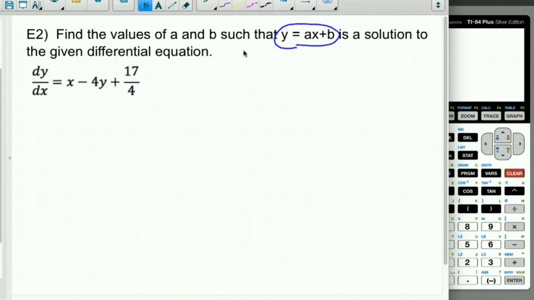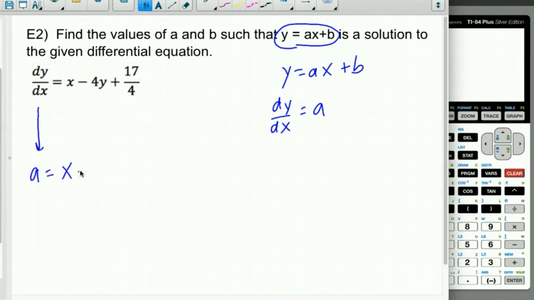So we know that this is a solution, we just have to find the correct values of a and b, right? So we know that y equals ax plus b, and if I differentiate, dy dx, the first derivative, should just be a, right, because b is a constant, so it's just going to be a. So what we're going to do is go ahead and plug in, and we're going to get that dy dx can be replaced with a, and y can be replaced with ax plus b. So we're going to get a